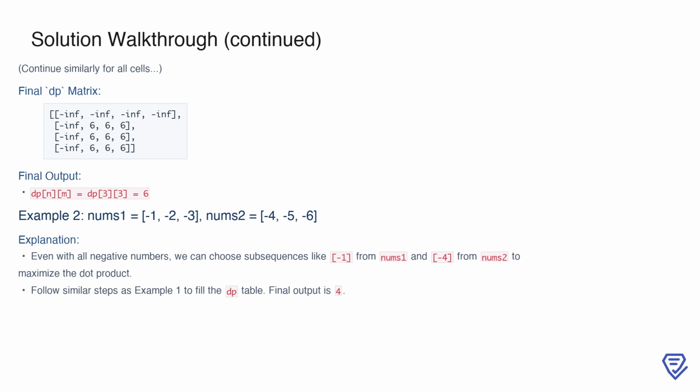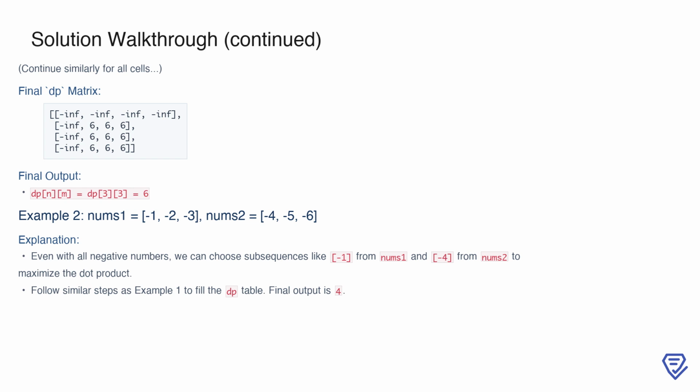dot product achievable for this example. The result is found in the bottom right cell, dp[3][3], which is 6. This means the maximum dot product of any two non-empty subsequences from nums1 and nums2 is 6. For a better understanding, we can apply the same algorithm to